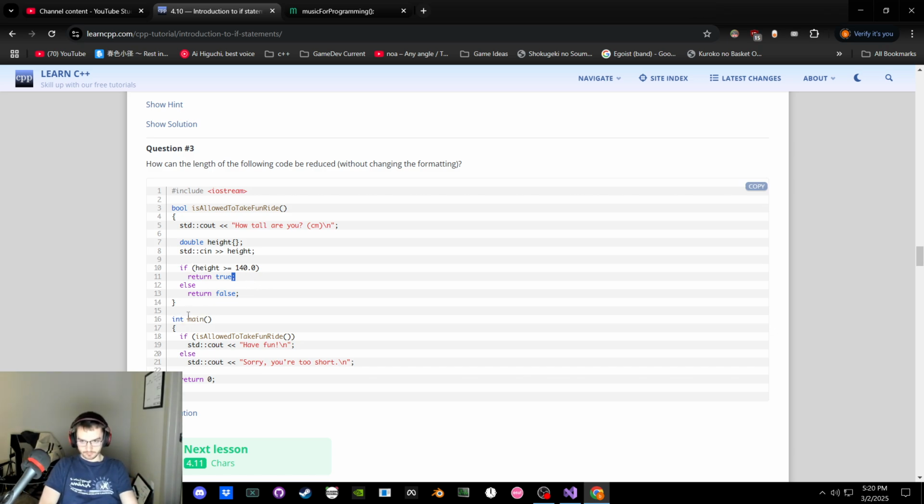So this should just be main. And we change this to be void is allowed to take fun ride. And then in is allowed to take fun ride, void. It doesn't grab anything. It just asks how tall. It gets the input. If tall enough, return have fun. Else, return too short. So we have reduced the code by,